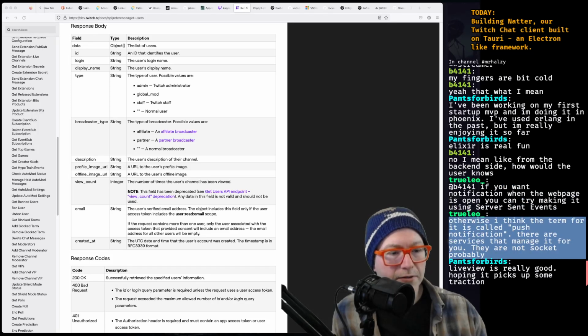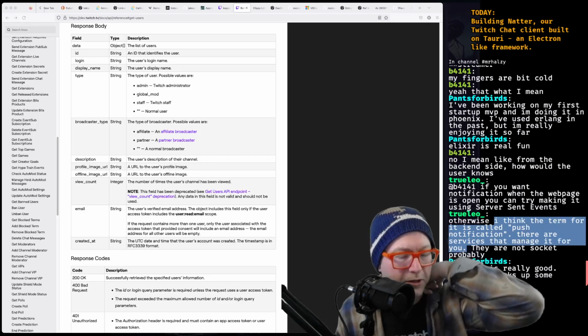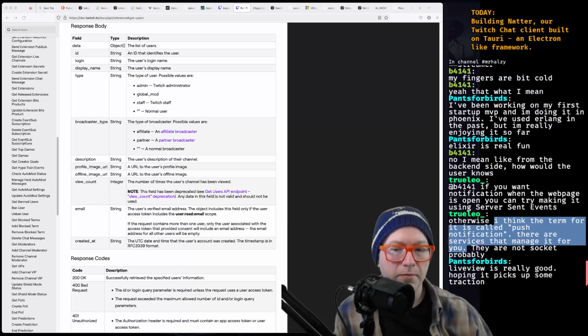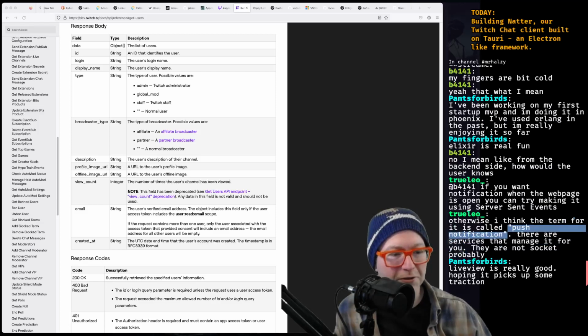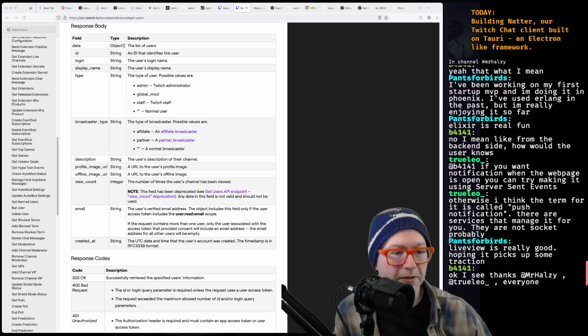In this case, because of the context we're talking about Twitch here, right now this app isn't on the phone, and if it were on the phone, then yeah, you might get into push notification territory, which is completely different. But if it's something that's already open, it's probably a socket to an endpoint.